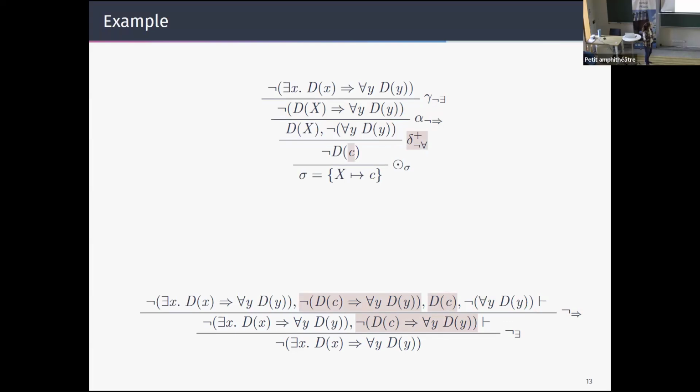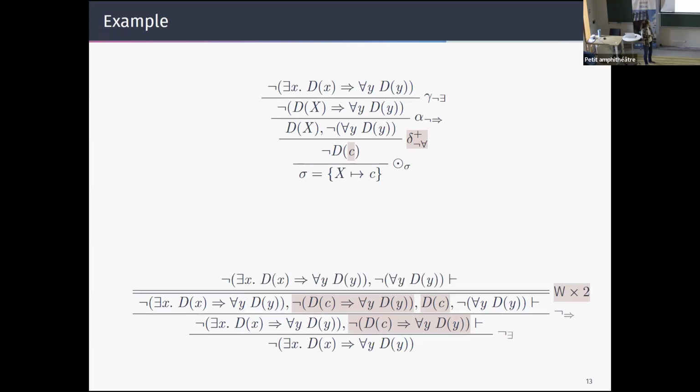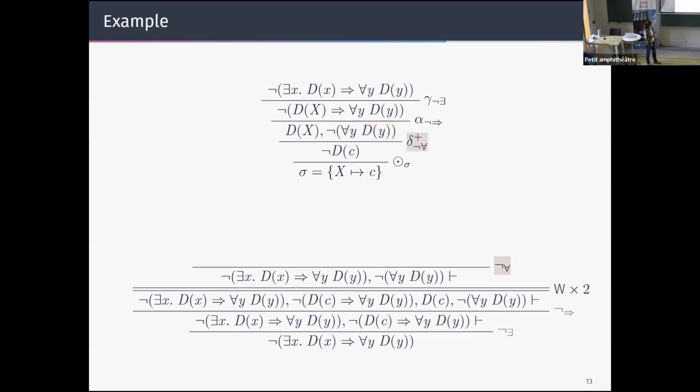So at this point, I know that this rule will generate c. So I look in my sequent and I retrieve all the formulas that make use of c, and I remove them with the weakening step, which is allowed in sequent calculus. So I say, okay, no more formula. I don't want them anymore. That's fine. And now I can just apply the rule on this formula and finally generate d of c, which is now a correct application of this rule. So that's fine. But now I want my formulas back. So I have to remember them and just apply them back.